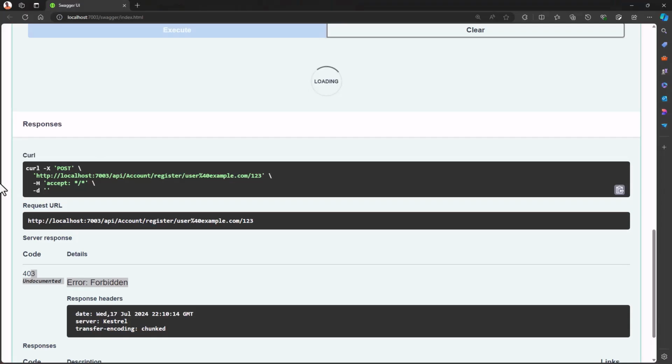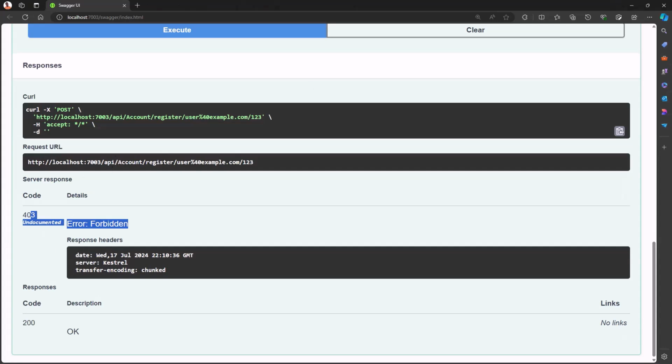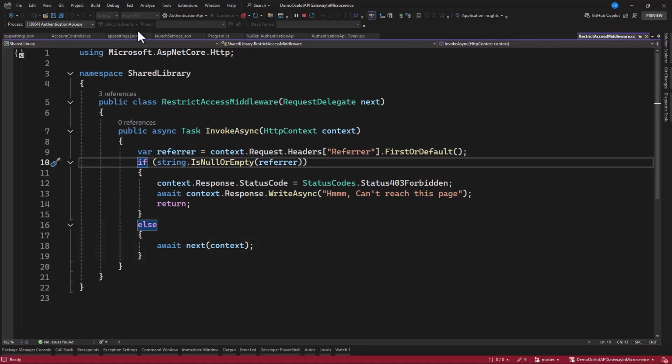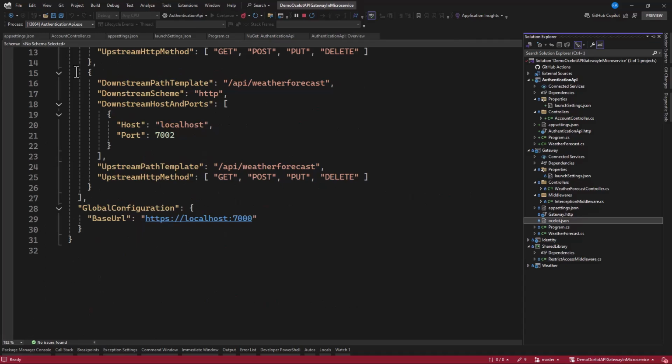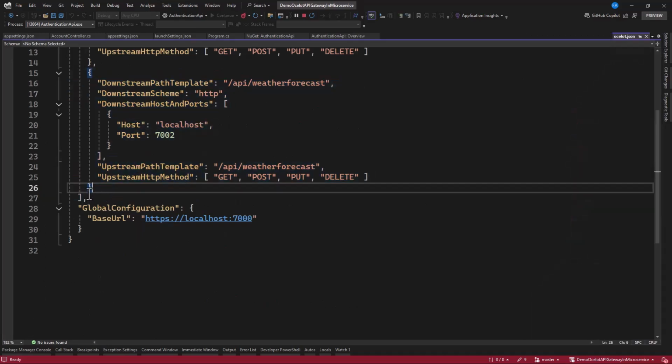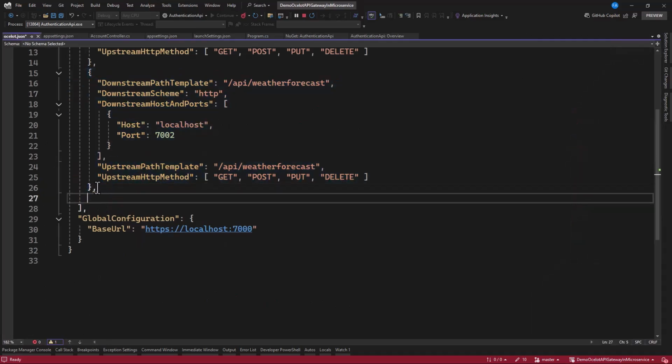Alright, so now that we have this, what is the next thing that we need to do? Let's go in there and configure the upstream and our downstream in the ocelot.json file that we created. So we want to specify the route. Let's go to solution, go to your gateway, and on the ocelot file that we have in here, we need to make a copy of this, and now we're going to paste it in here. So you have to add a comma, then let's paste it.